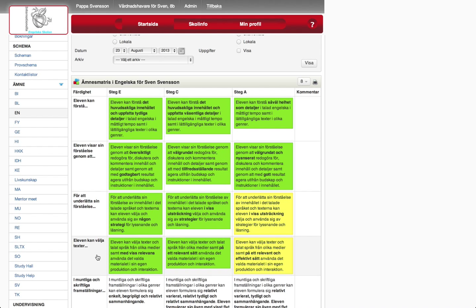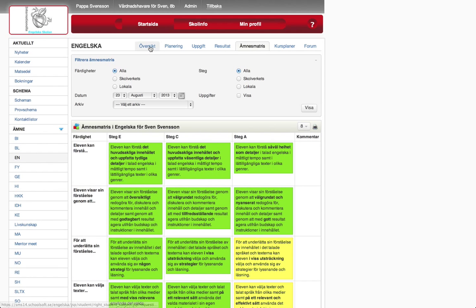So that's an important thing to remember about the subject rubric. You may go onto SchoolSoft and you may see there's nothing there under the subject rubric. That's because we're only going to use this when we set a grade, the subject rubric, and that will be either at development talks or at the end of the term. But there's another rubric, and that's called an assessment rubric. And if we go back up to